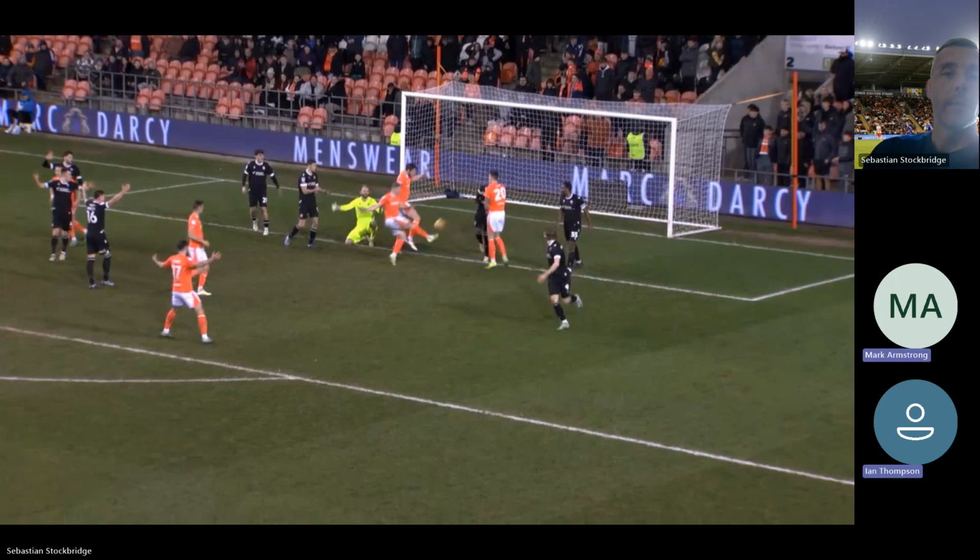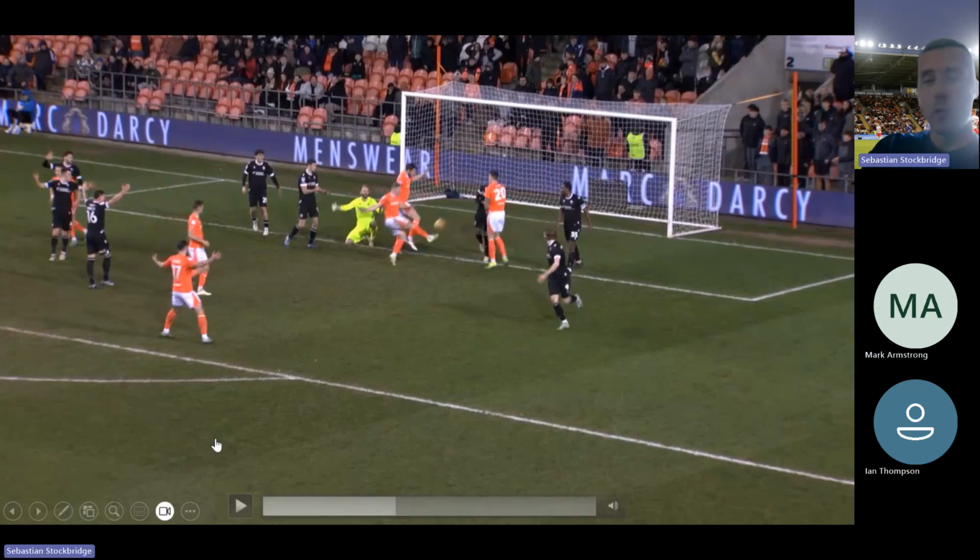Yeah. And that's what I'm saying. It's not rocket science, contextualized decision making. It's just managing a game of football. Thinking about the, what time of the game was that? Was that near the end or was it 0-0? That's a very good question. I'm trying to think. It was definitely second half. Blackpool were attacking the other end. I want to say it was the middle of the second half. It was still 0-0 or 1-1 because this game went to penalties because it was a cup match.